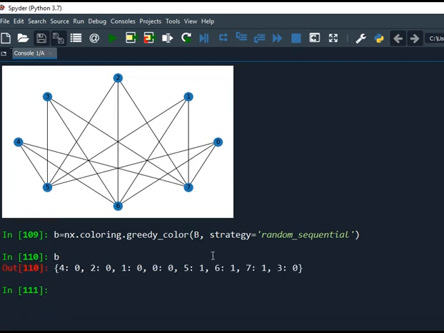As you can see, only 2 colors are used, color 0 and color 1. Color 0 is used for vertices 4, 2, 1, 0 and 3, which is the first partite set, and color 1 is used for vertices 5, 6 and 7.